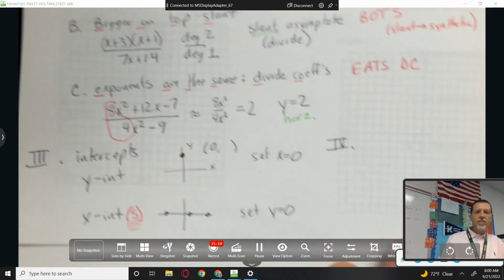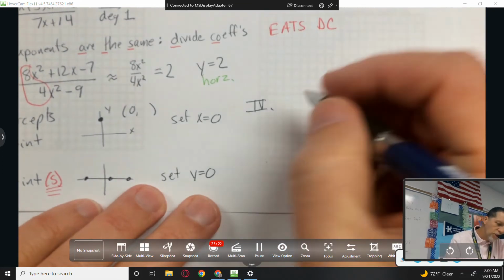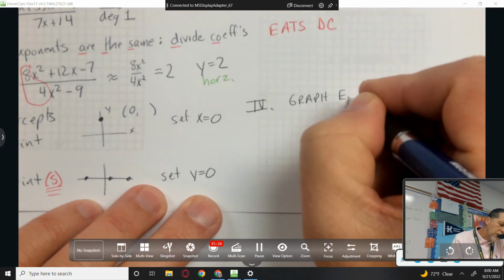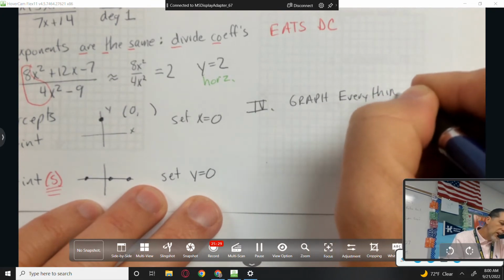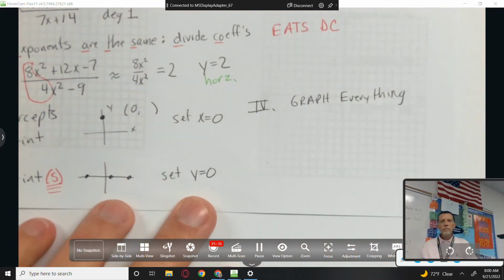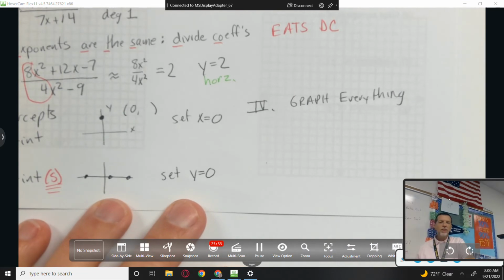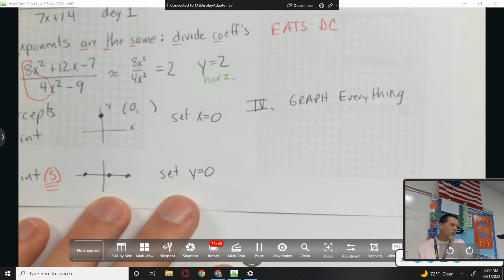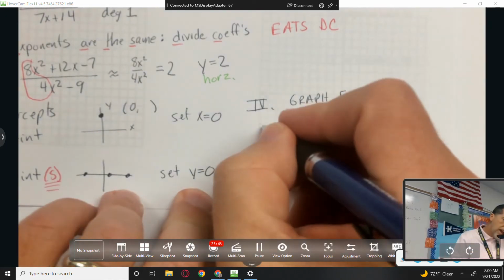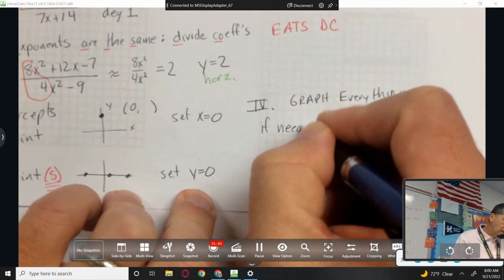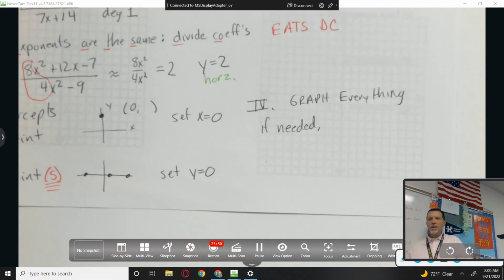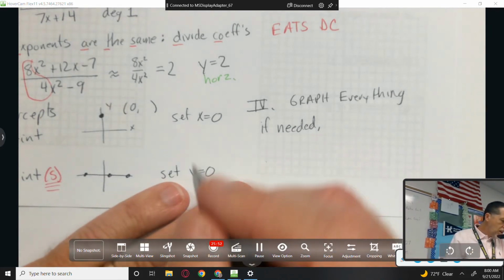And then lastly, almost out of room, but Roman numeral 4 is really short, because all we're really going to say is graph everything. So when you make it this far in the problem, you've got holes, you've got vertical asymptotes, you've got horizontal or slant, you've got some intercepts, you put all those on the graph, and then if needed, so it kind of depends on the problem. Sometimes you have everything you need in your graph, you can tell what it looks like. But if needed,